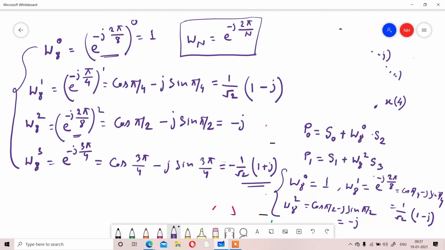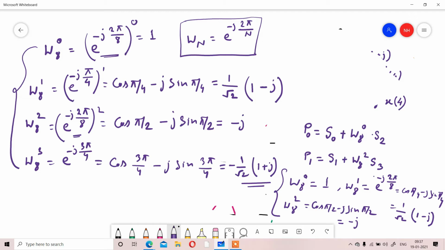Okay, so just check it. You need to consider the twiddle factor from W0 to W3, and what you are doing is simply putting your twiddle factor into the provided structure, and depending on that structure, the processor is doing the operation. That means whatever operation is happening through the processor is also in a specific structure.